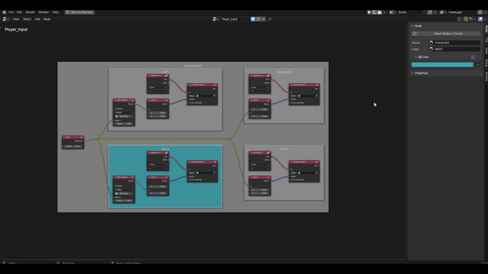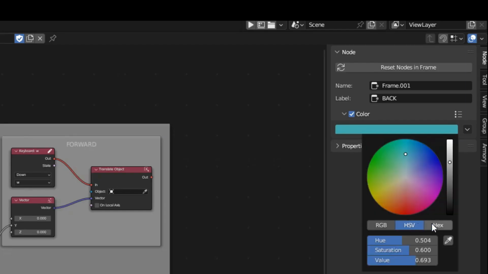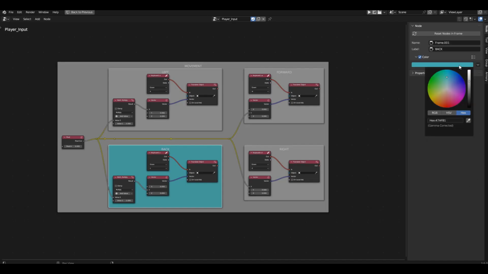Now you need to choose the same color for the remaining 3 frames. To do this, you can switch to hex, copy the value, and paste it into other frames. In this case, you do not need to press the left key into the field and select the content to copy it to the clipboard. Simply move the cursor over the desired value and press Ctrl+C. Afterwards, go to the properties of the other frame, hover the cursor over the desired input field, and simply press Ctrl+V. Awesome, right? And that is not all.